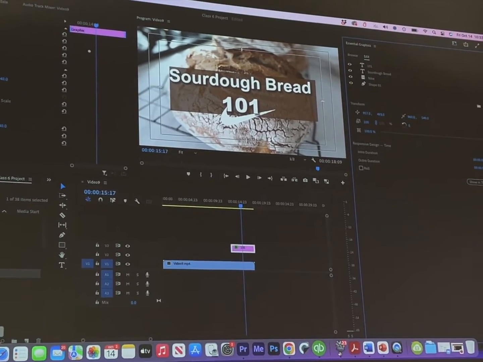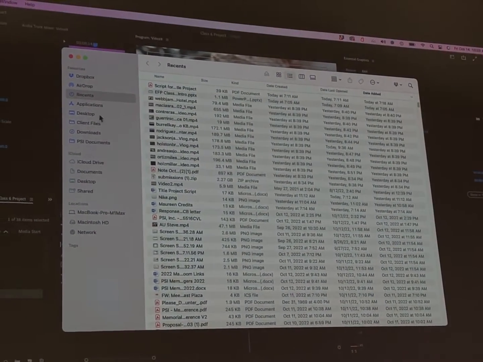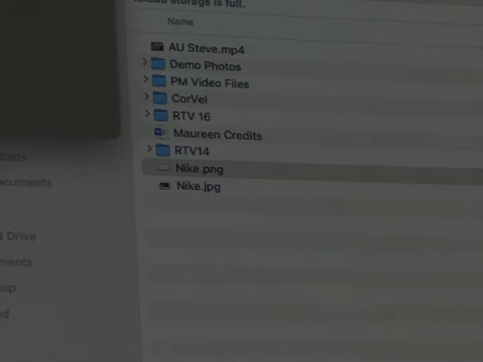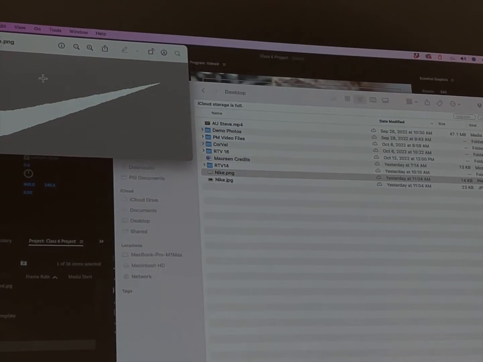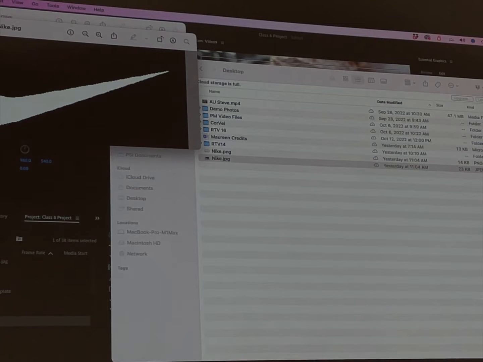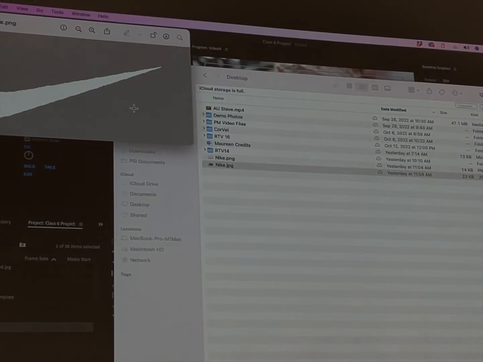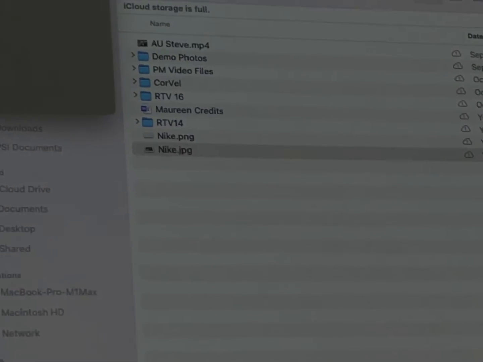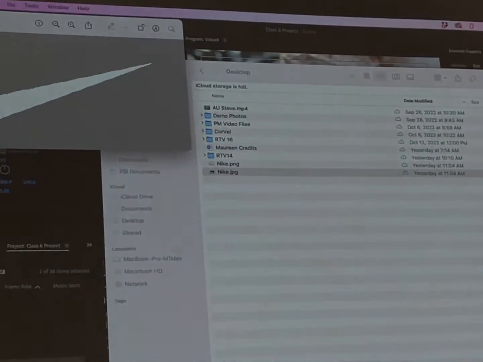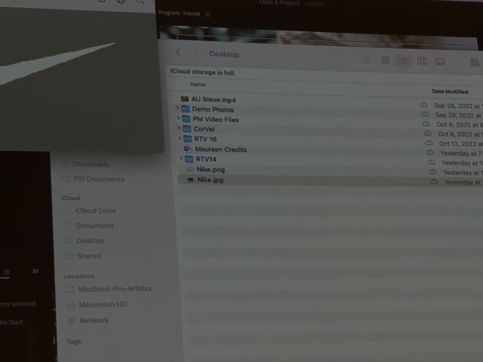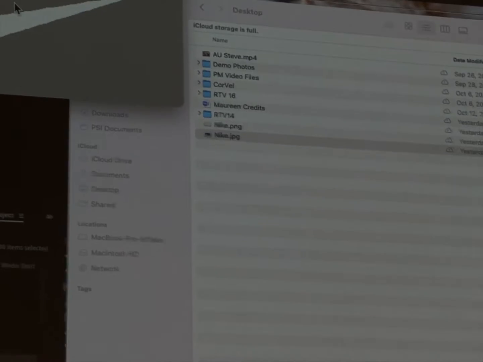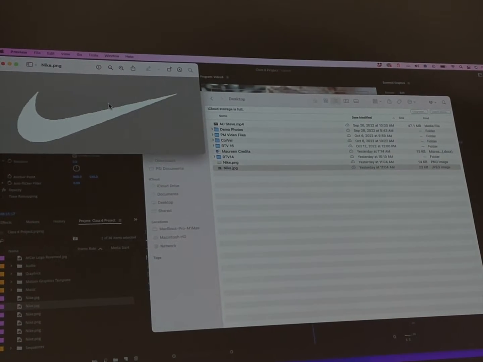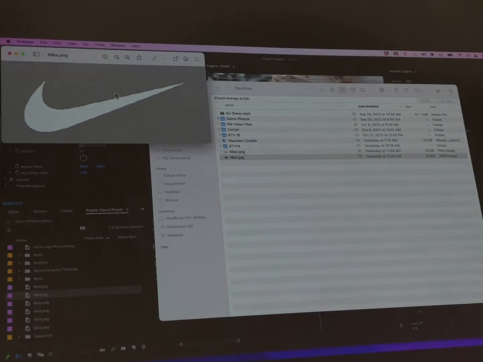And if you notice, if I go back into my desktop here and click on this, if I bring up that PNG file, it's got kind of that gray background. This is the actual background on the file. So you just have to play around and import it in and see if that background will drop out. There's also other ways. There's what we call alpha channels. I don't know if you've encountered that. Some files will have an alpha channel, and that alpha channel just means that it will take out